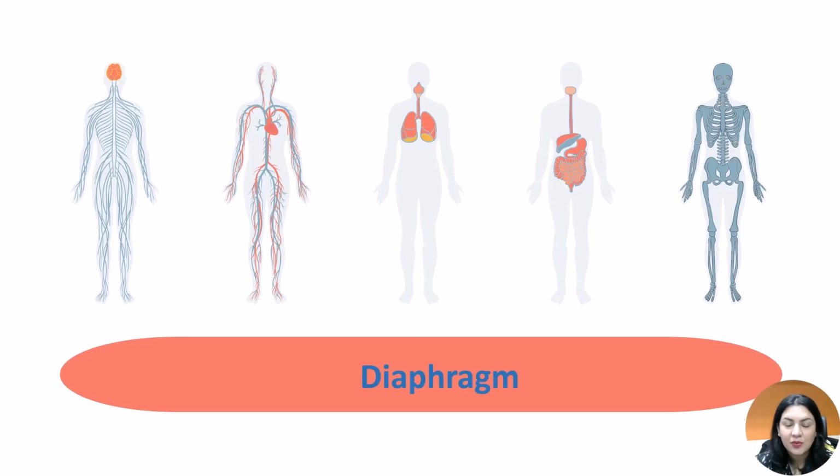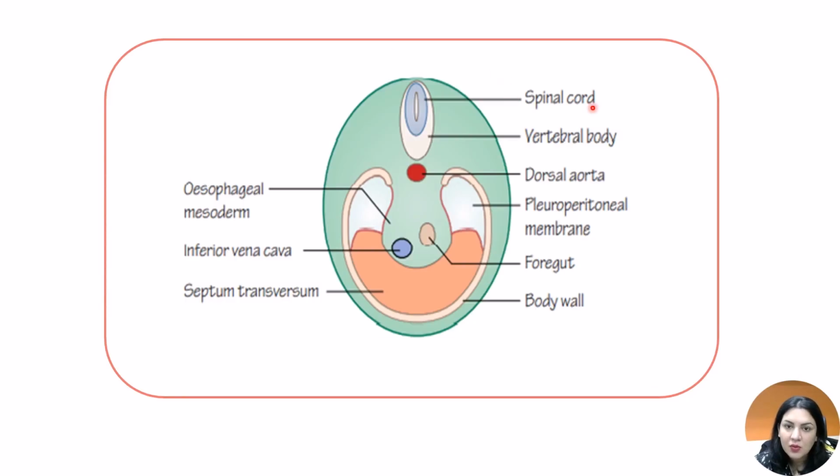Okay, so we've spoken about respiration, and of course we have to talk about the main muscle that's helping with respiration, and that is the diaphragm, and what it's doing and how it develops. So one of the components of the diaphragm is the septum transversum, which you can see here in this orangey color in this image. Now, quite early on in development, about 3 weeks, about 22 days into development, the septum transversum